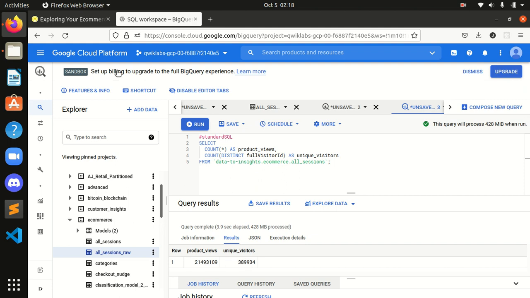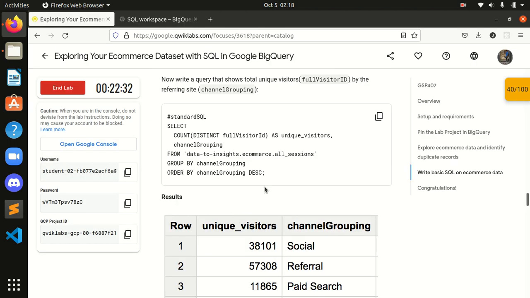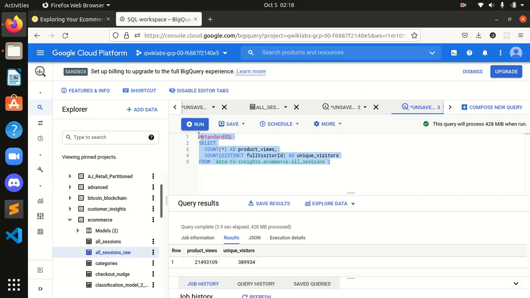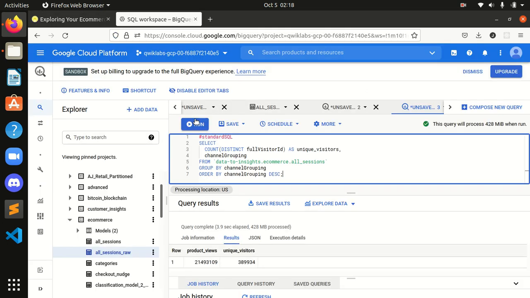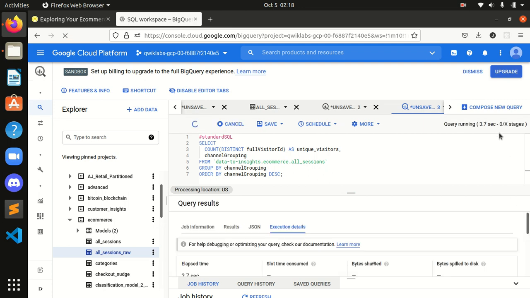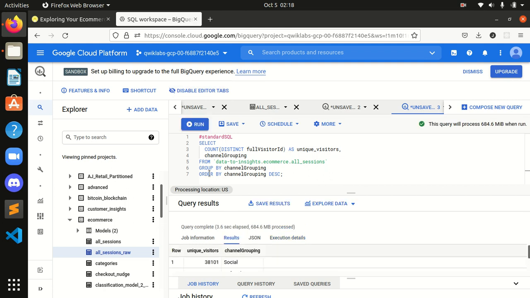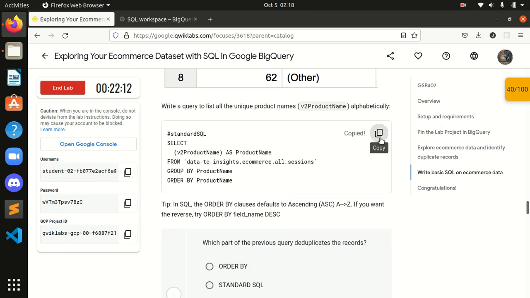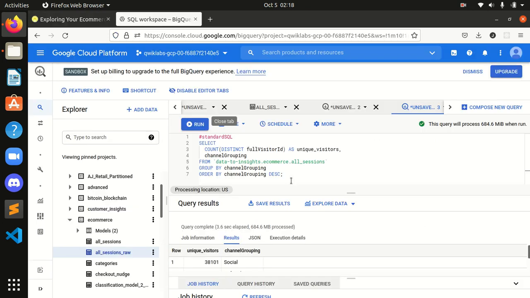Product views and unique visitors. Now run this command. I will run it here, and it's running, guys. We're running this query also over here.